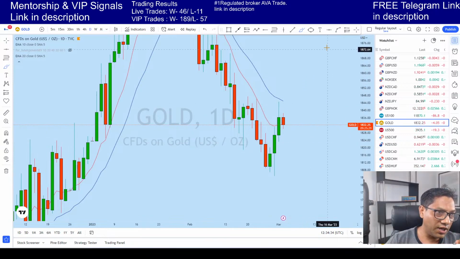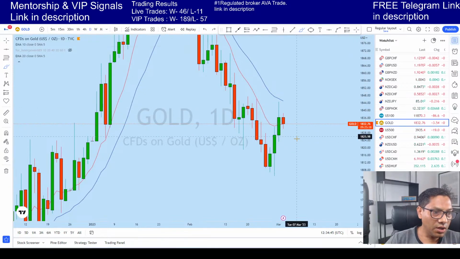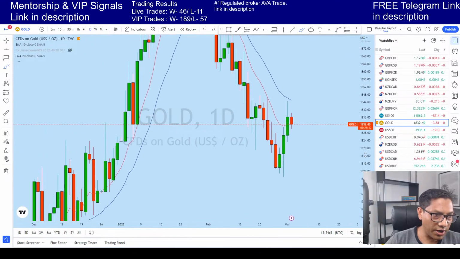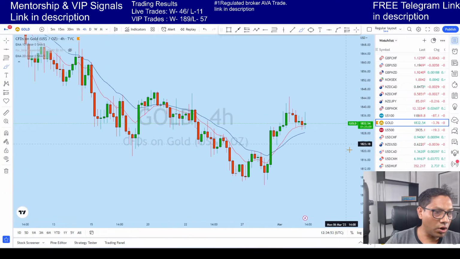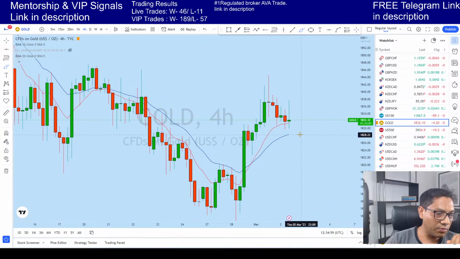And we saw that on the daily chart, from this very important resistance zone, gold created a lower high and then slowly rejected. With that rejection, today the price again came to this support zone, trying to push higher. If I look at the 4-hour perspective on gold, we see that the price has come to this support now, and if the price breaks down to, let's say, the 4-hour 20 EMA or along this zone, I think we might see another bounce to the upside. You can see that gold again came to the 1830 level.